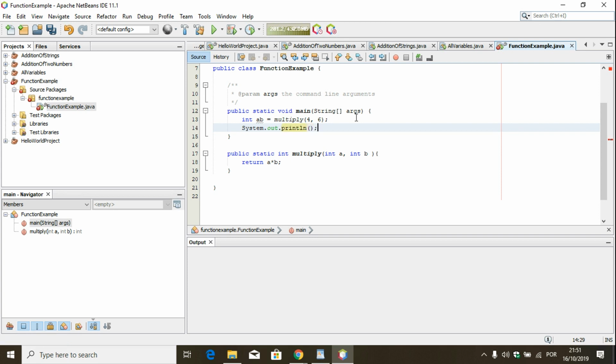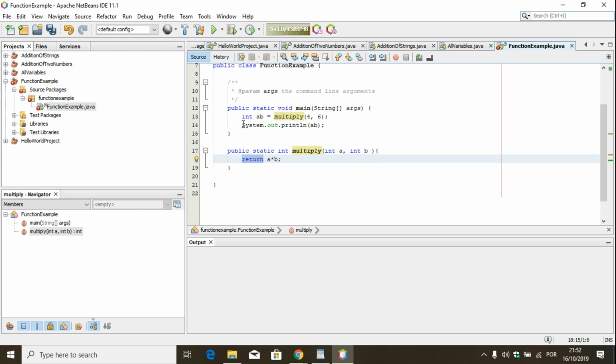So what should be printed out? Just guess. When the program runs, it will come here, multiply with values 4 and 6. 4 will come to a and 6 will be passed on to b. Over here it's returning 4 multiplied by 6, which is 24. So ab would get 24, and System.out.println should print 24. Now if you run this program,